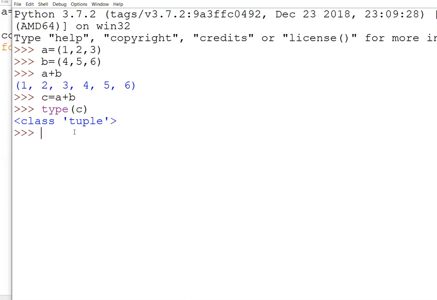We will see one more thing: A is equal to A plus B. This is the main thing you need to understand. If you write A is equal to A plus B, it also works perfectly. Now my question is, we keep saying that a tuple is immutable, but then also we have done it like this. Why so? Actually, we have already discussed this answer, but again I am repeating the question.